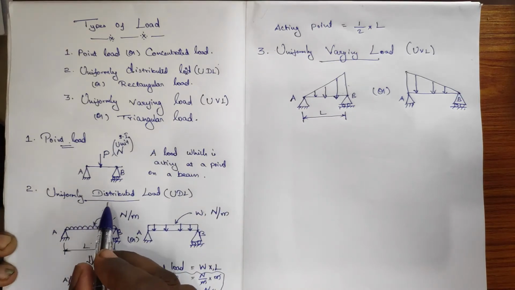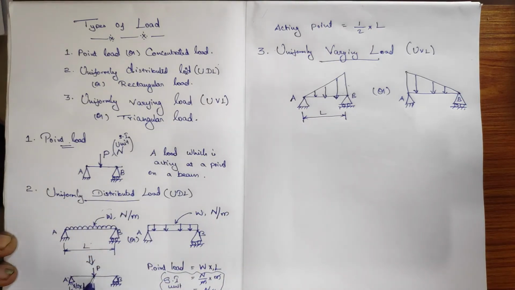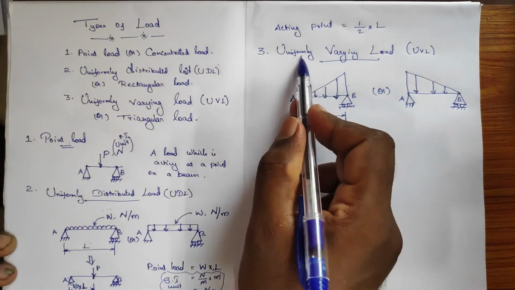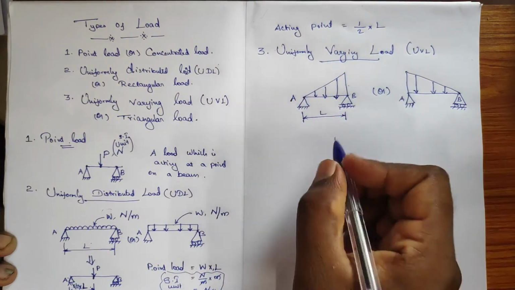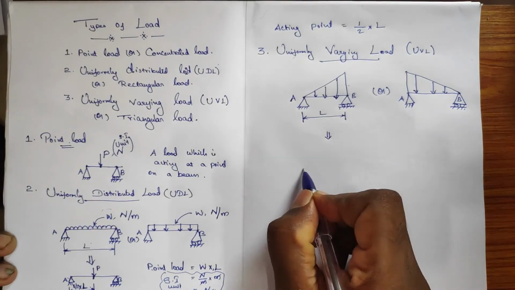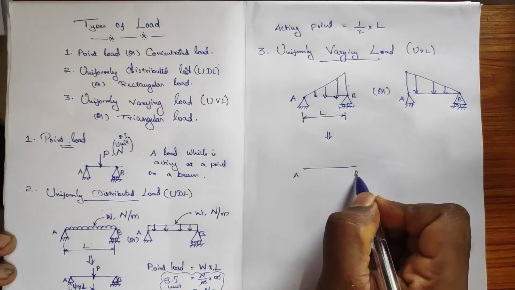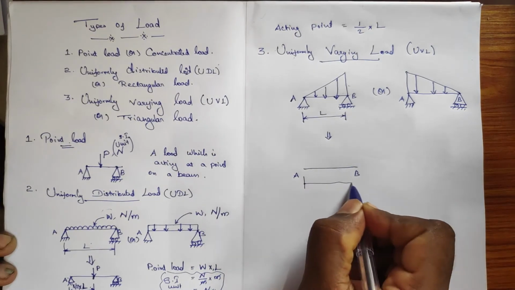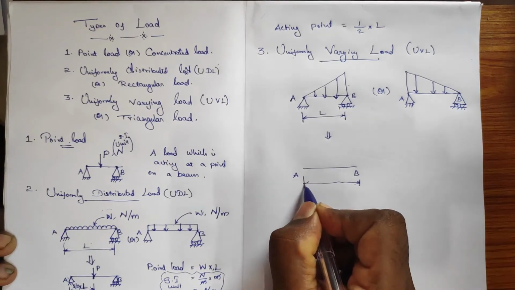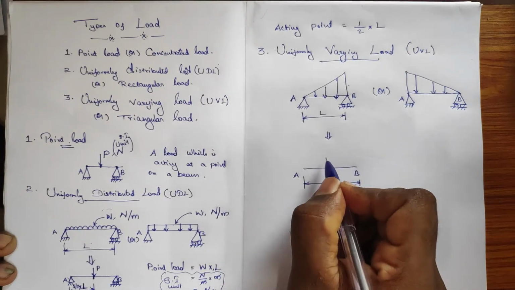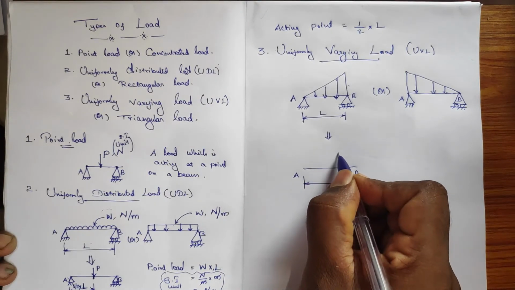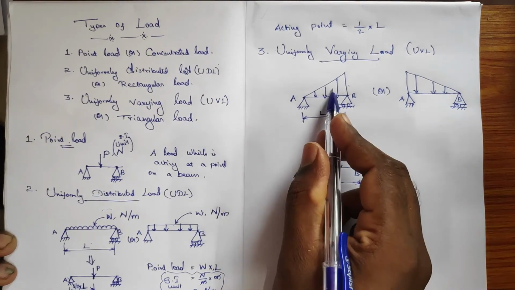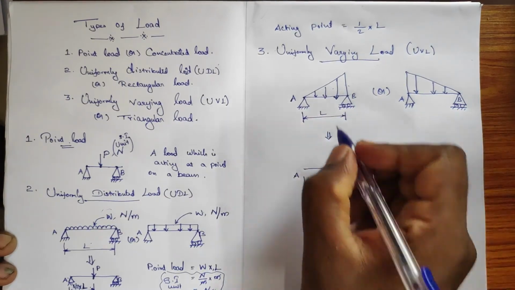Always, when you're coming to the uniformly distributed load, we need to convert it into a point load. Am I right? In a similar manner, we need to convert this uniformly varying load into a point load. The point is, if I consider A and B ends, with a length L, here if I want to convert this load into a point load,